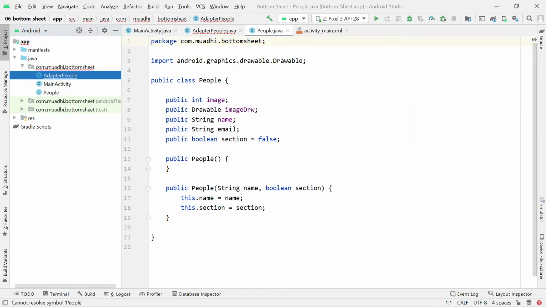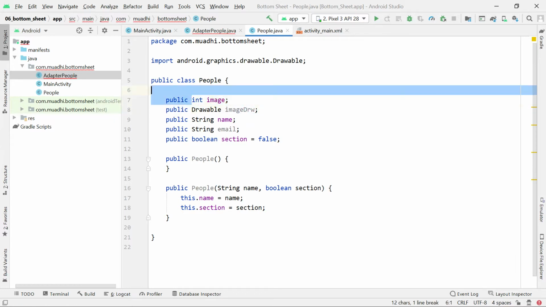Then model people is there. In this model people, we have just an image. Do I need an image? Okay, let me leave the images.